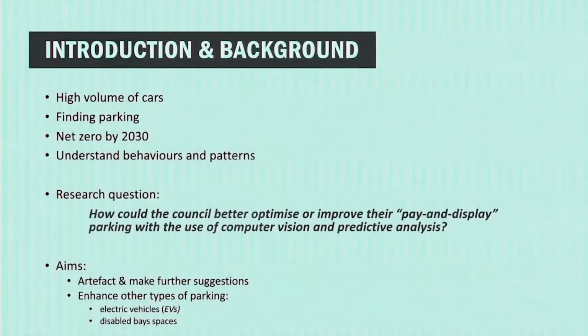As Femi introduced me, this is my project, this is what I've been working on, and I will be giving you an introduction and some background. In the UK in 2020, there were about 33 million cars in operation. Therefore, finding parking has become one of the most repetitive urban problems. On top of this, the UK is on track to become net zero by 2030, resulting in an increase of electric vehicle charging stations that will have to be placed strategically across the city. Therefore, understanding the behaviors and patterns of parking will be crucial,